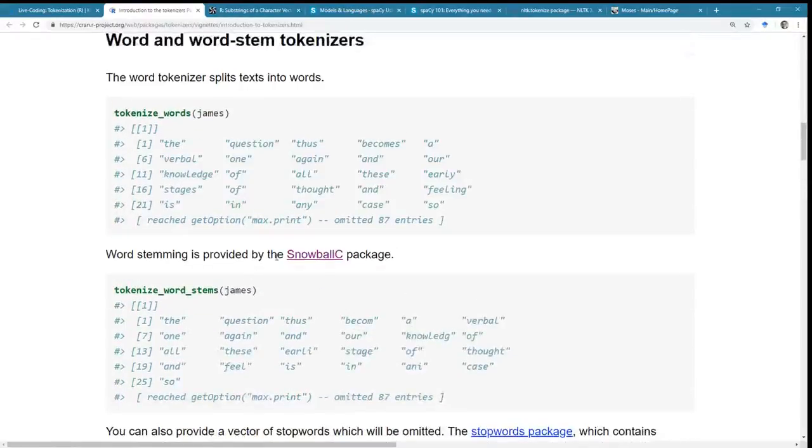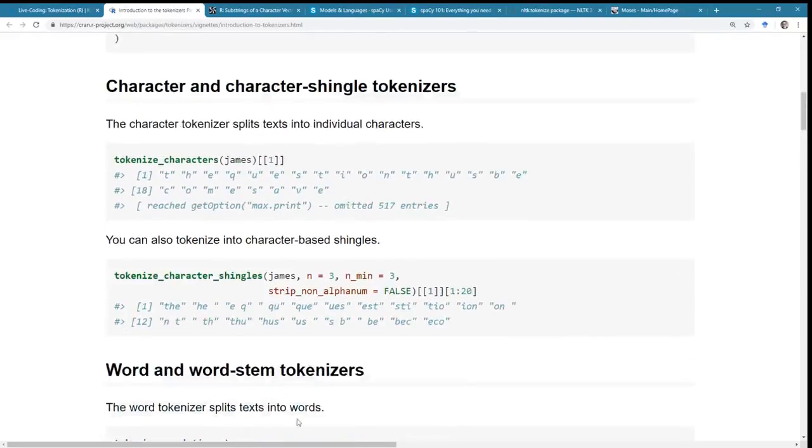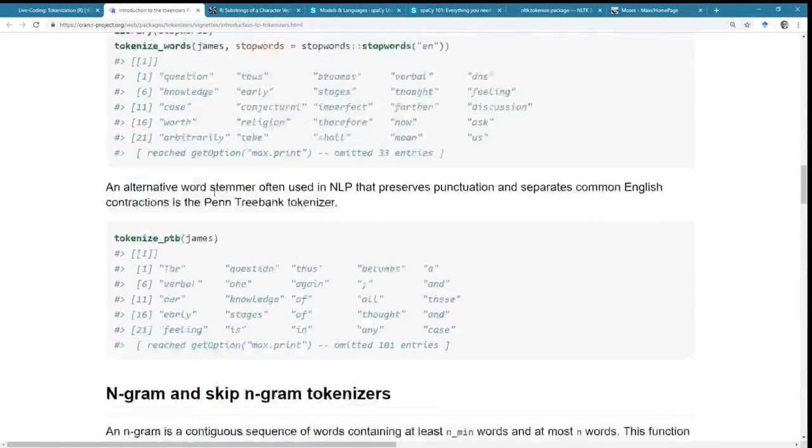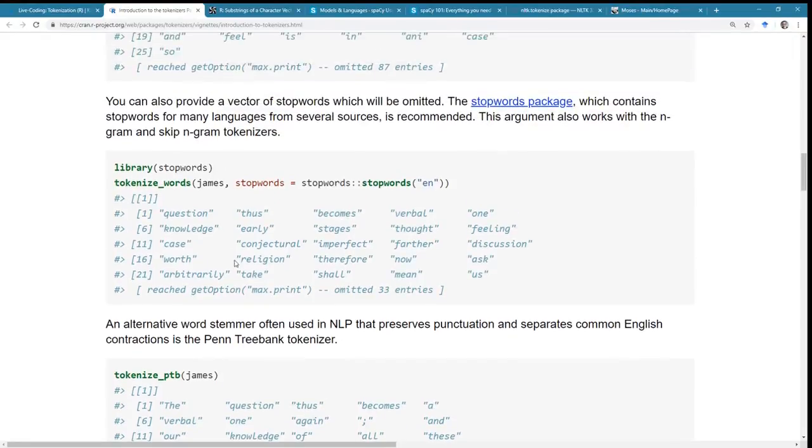And you can see that there's lots of different options for tokenizing. So there's individual characters. There's sort of like this sliding window of 3 characters. So if you've ever done any sort of text augmentation for deep learning, this is a very common technique. And this is a nice way to do this automatically. Not that you should be doing it. Oh, actually, stop words.